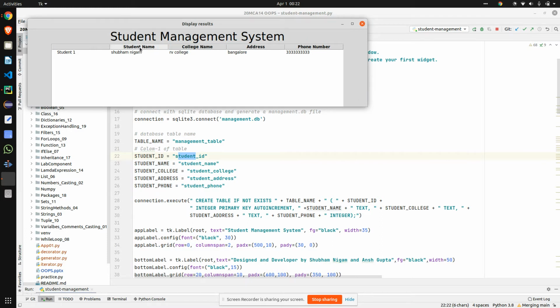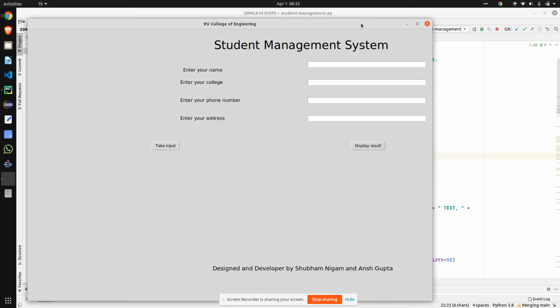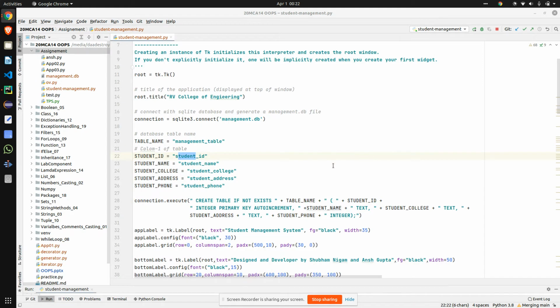As is. Now here, with the function connection.execute, connection was an object that we created upwards, which has a function called execute that will create our tables in the database. Correct. So here, it means that it will create a table if it does not exist. If the table already exists, then every time we execute the application, the data will be appended to that particular table. The table will not be created every time. The table will only be created when it is not present.